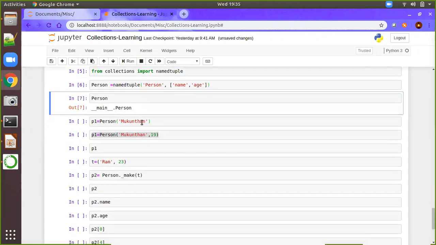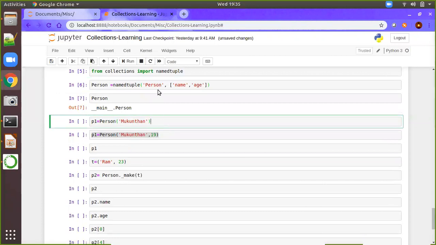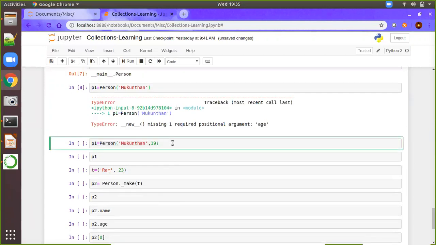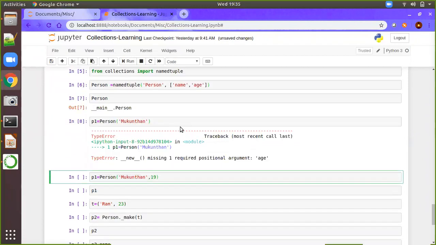Now, let's say you have mentioned two attributes called name and age. If I give only one value and run this, you will get a meaningful error message like the required argument is age. That means the namedtuple has a predefined structure, so you follow the standard number of inputs or attributes, and you can access with the same attribute name. So I will be giving the proper inputs, where one is the name and another one is the age.